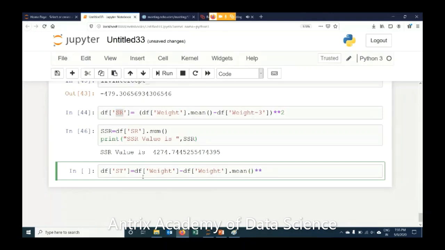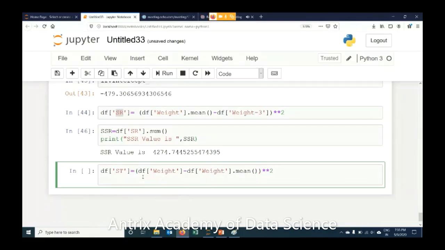Then I am going for the square of this gap. And for summation, I am saying SST equals df ST sum. And I am